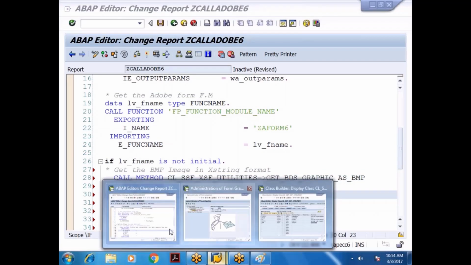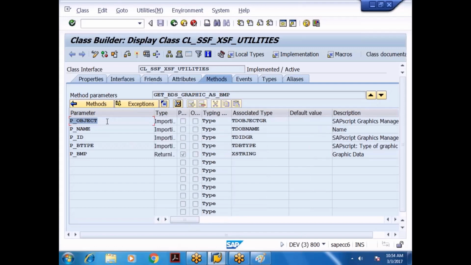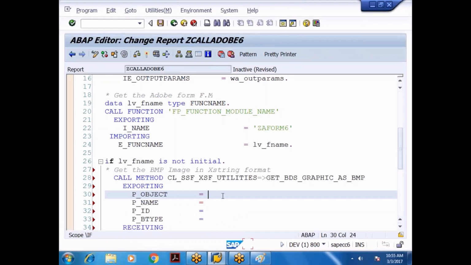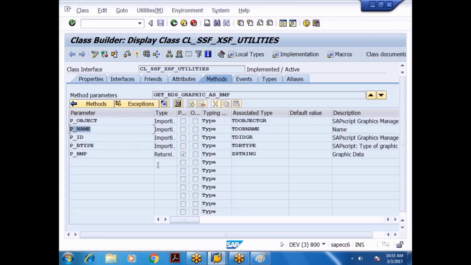See the parameters here, the mandatory parameters. What is this? P_OBJECT. It is of type TDOBJECT, SAPscript graphics management. This value you give as graphics. Then what else? P_NAME, it is of type TDOBNAME. So we have to pass the name.